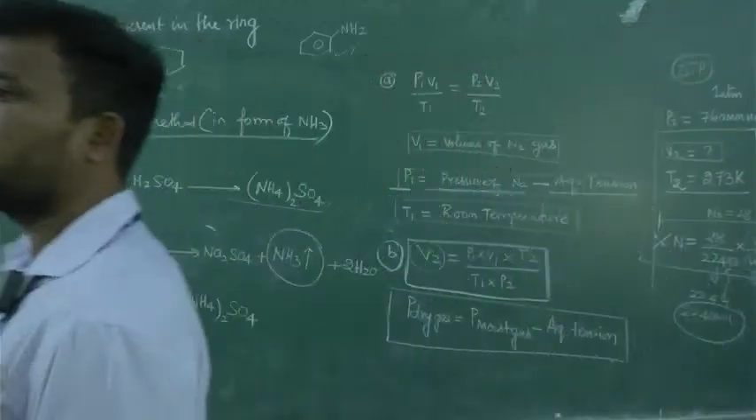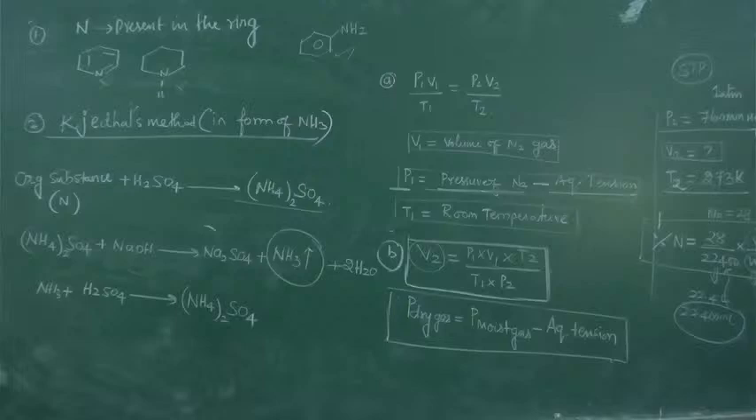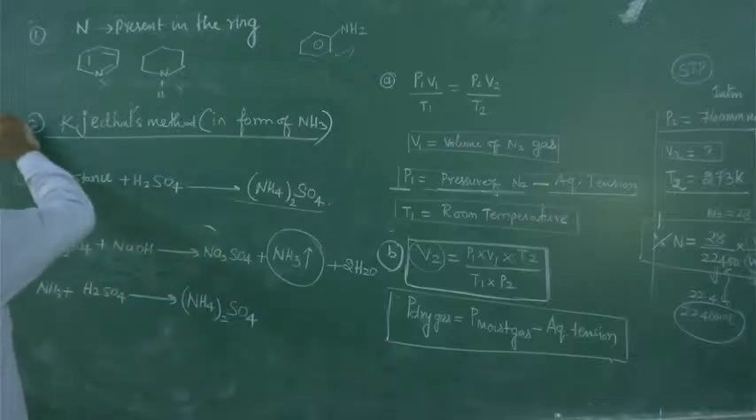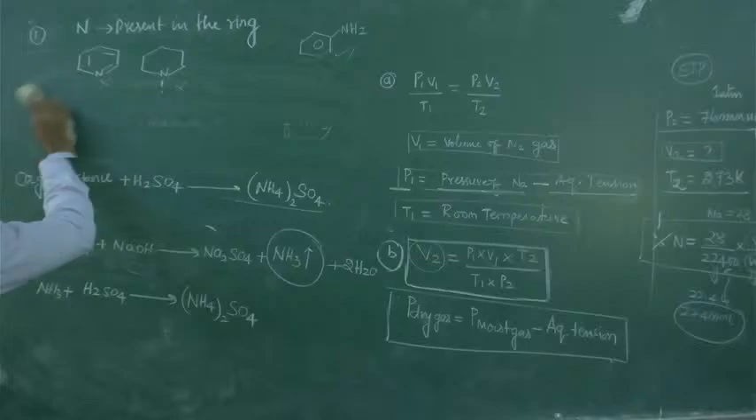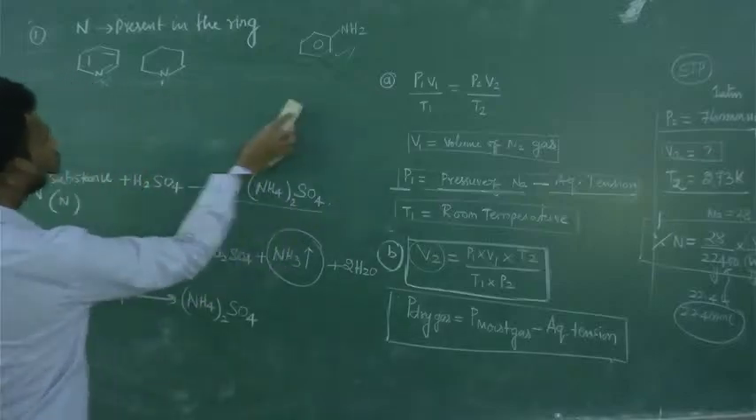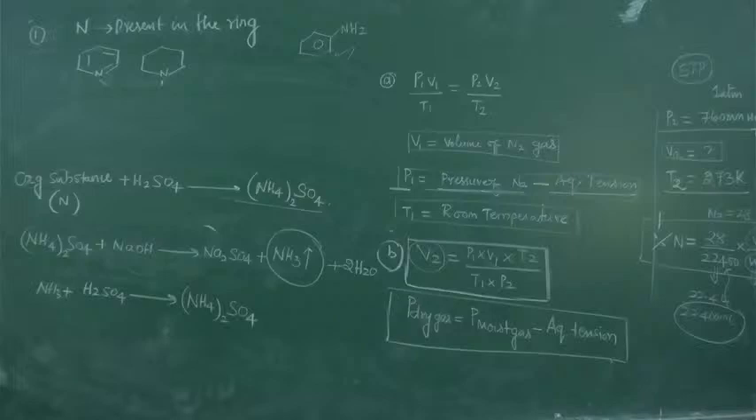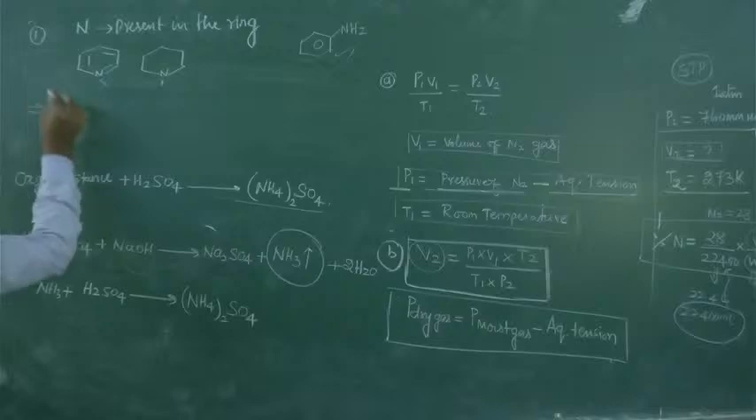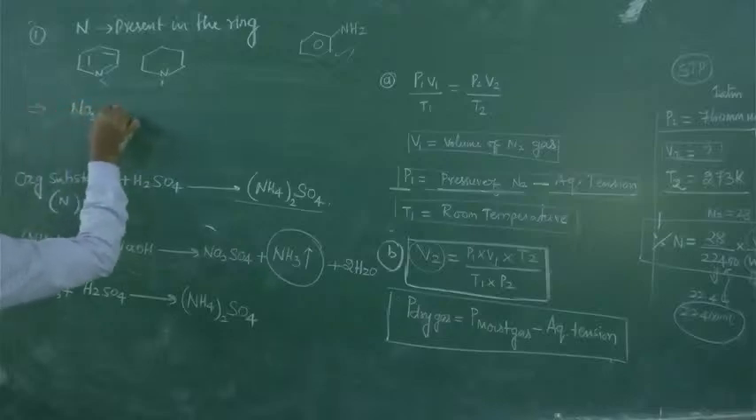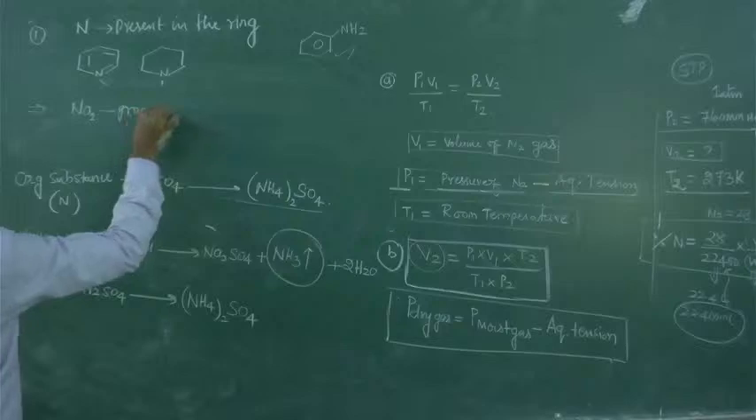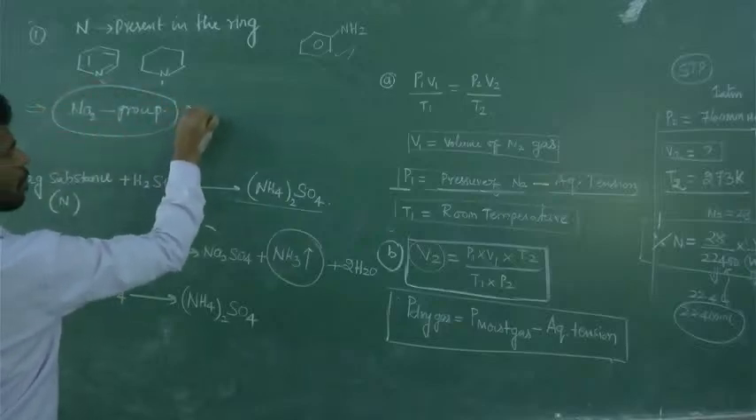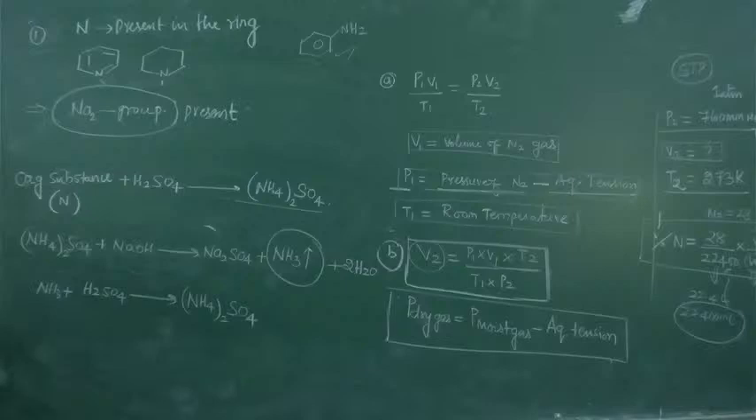Second, you cannot estimate the nitrogen using the Kjeldahl method in those compounds in which the nitro group is present. Nitro group is present. If a nitro group is there, you cannot estimate the nitrogen. This will be, for example,